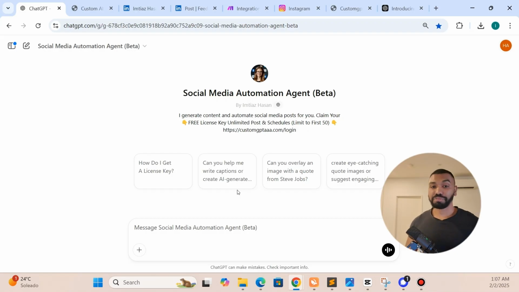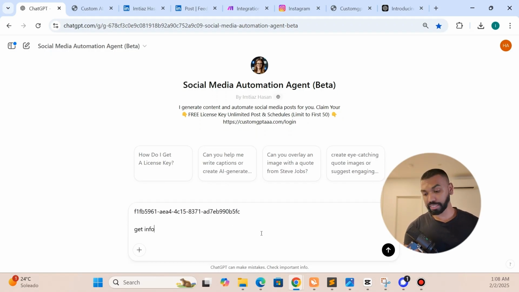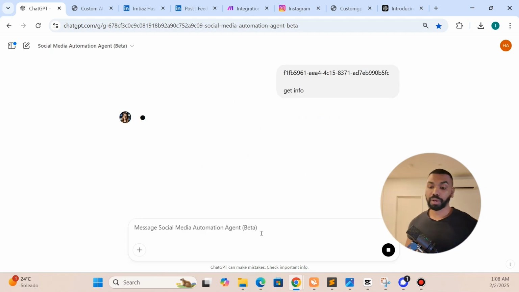There's a lot of new beta features that are going to be released, kind of DeepSeek, all that kind of stuff. But from first glance, it's a custom GPT, but we have software connected on the back that talks to this agent. So let's crack into it. First and foremost, we're going to pop in our license key. I'm going to use one of the test license keys that I have to quickly show you how you can